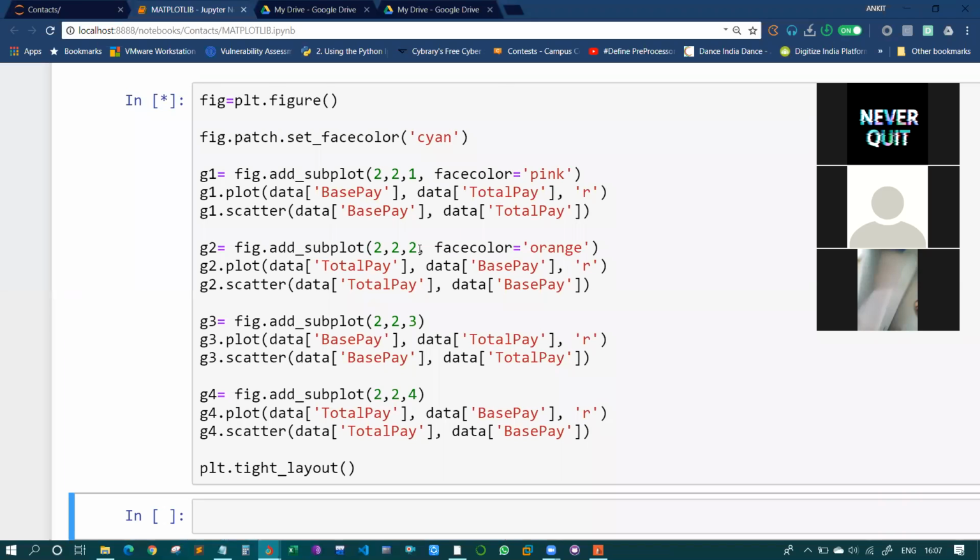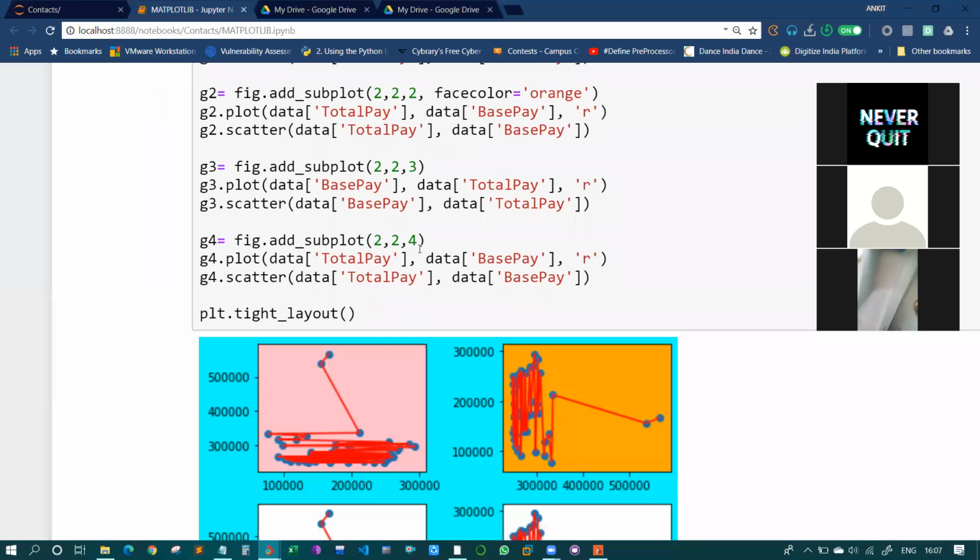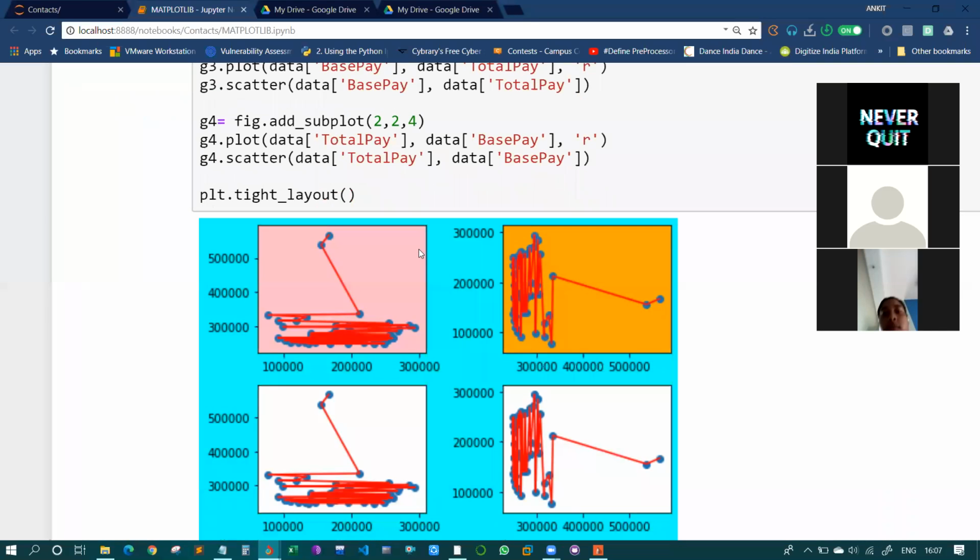I am only coloring two. The rest you can color on your own. In this way you can color your graphs, you can color the background, you can color everything.